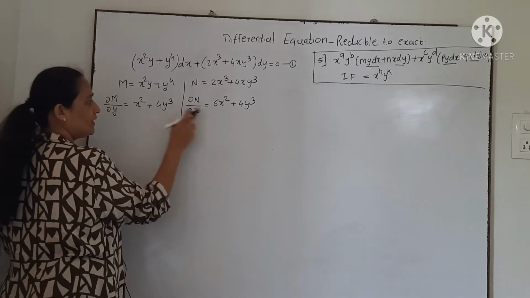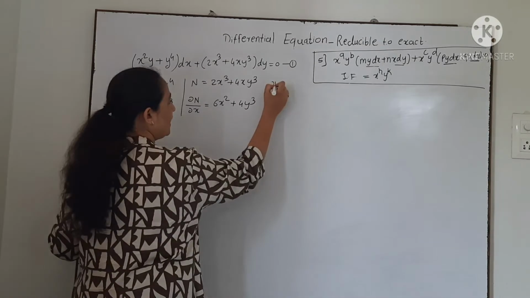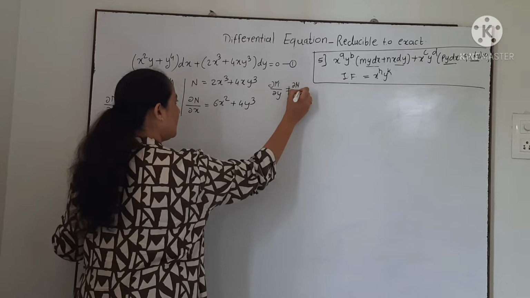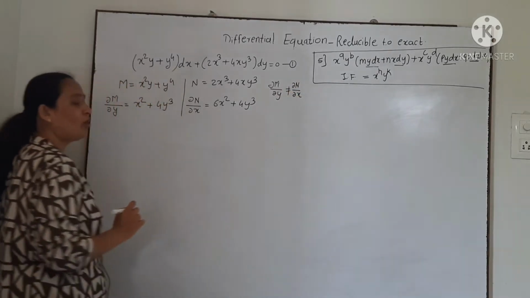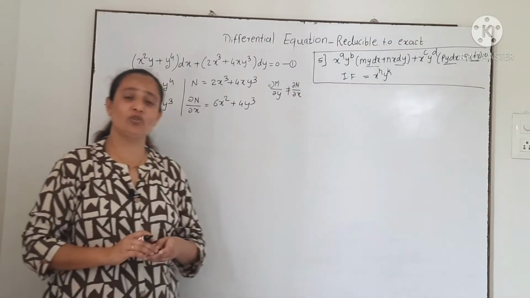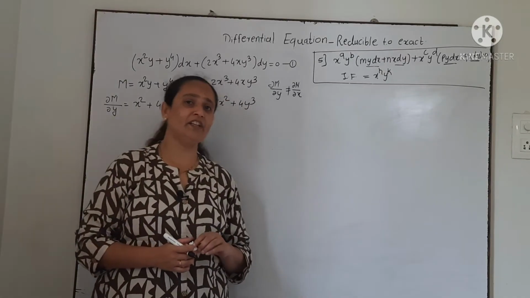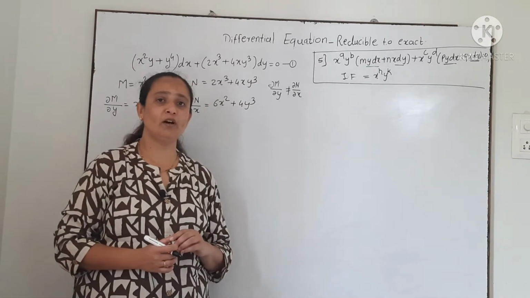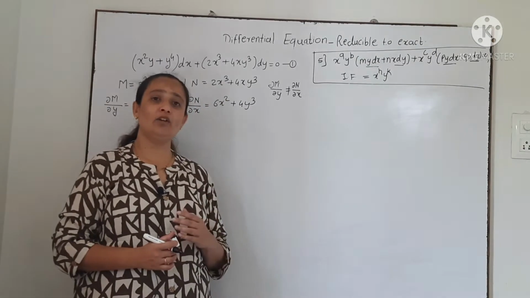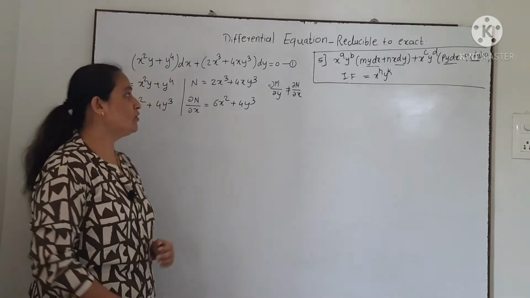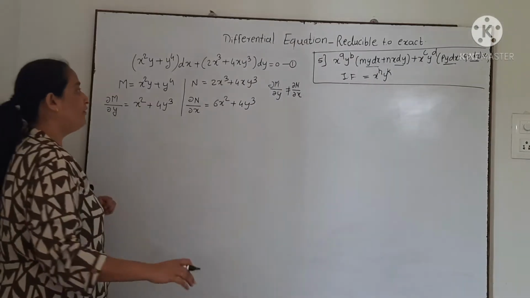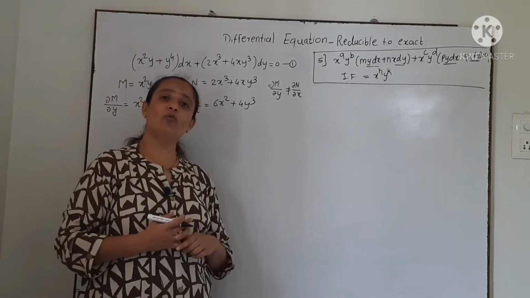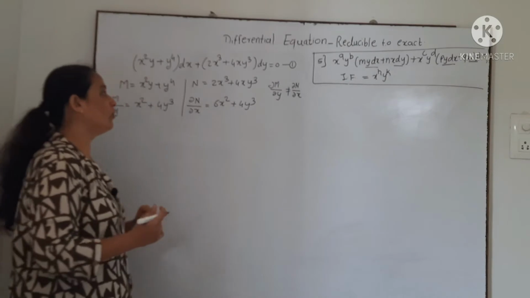If you observe this and this equation, we can say that del M by del y is not equal to del N by del x, which implies the equation is not exact. And if the equation is not exact, we'll try to find the integrating factor so that after multiplying by the integrating factor, the equation becomes exact. For this, we'll apply rules 1, 2, 3, 4 and so on. In this case, I am going to apply the fifth rule. If you want, you can try the first 4 and you will observe that the first 4 rules are not applicable. Then we will go for the fifth.